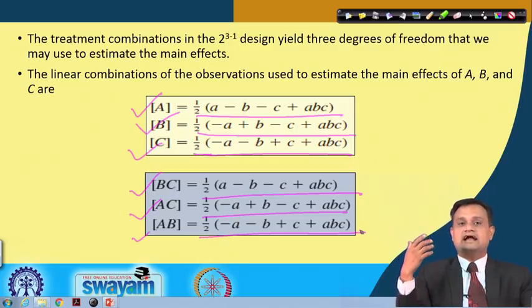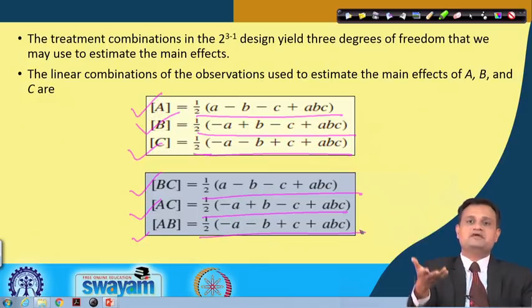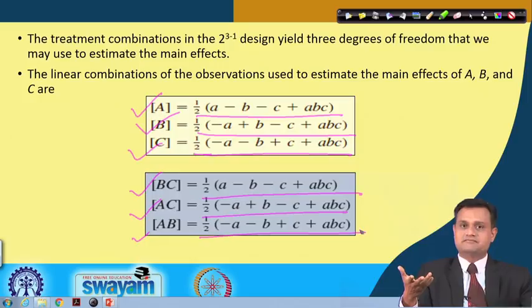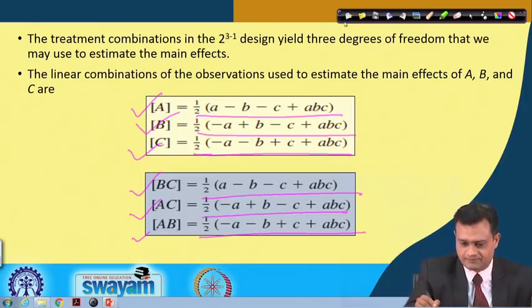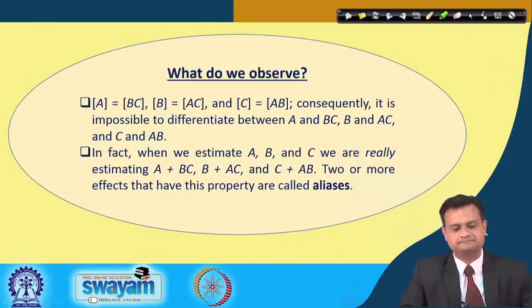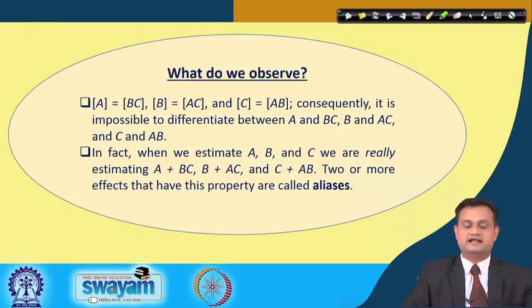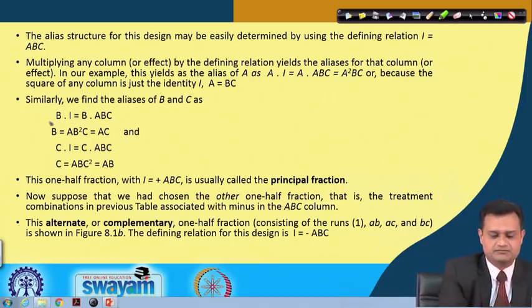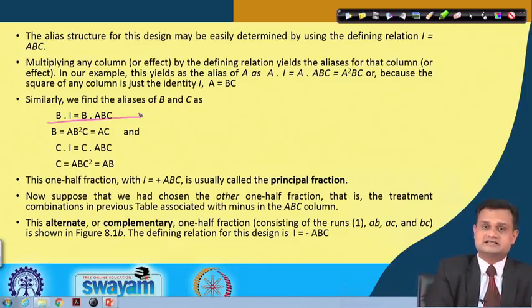It means that some of the effects are aliased or confounded with other effects, and higher order interactions are confounded with either the main effect or lower level interactions, and hence this is the redundancy which can be avoided in conducting the experimentation. So this is the key point, and I hope you have appreciated. Exactly this is what I have explained, that A is equal to BC, B is equal to AC, C is equal to AB, and I can use my defining relationship also to conduct the same analysis.